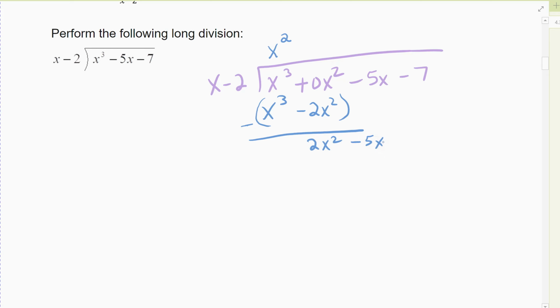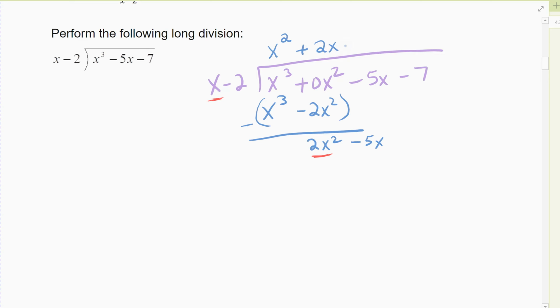My first question, again, I look at my term here and I look at my term here. My mental process is, what do I multiply this x term by to get it to be 2x squared? Well, in order to get my x term to be 2x squared, I have to multiply by a 2x. So I write plus, you have to have separated by pluses and minuses,